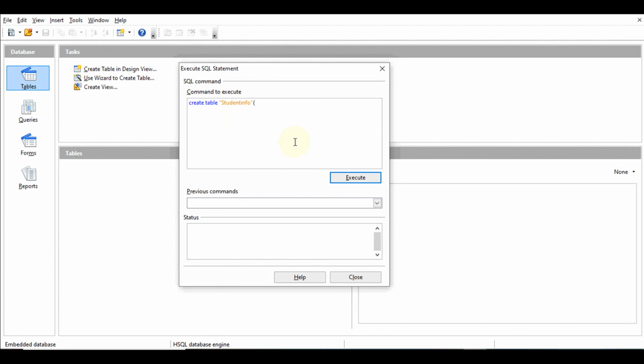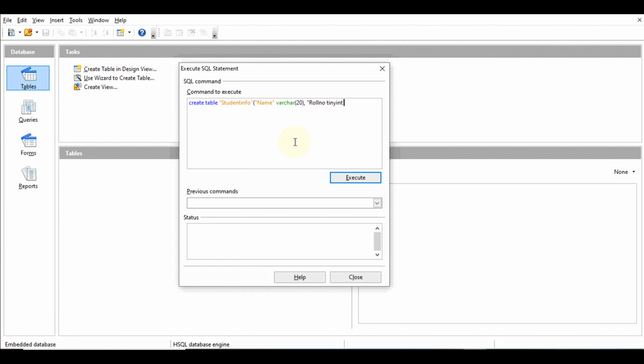First is name, so name in double quotes, its data type is varchar, and length of this column is also given, 20, so 20 in the small bracket, comma, and thereafter the next column, that is roll number, ROLL NO, and its data type is tiny int.